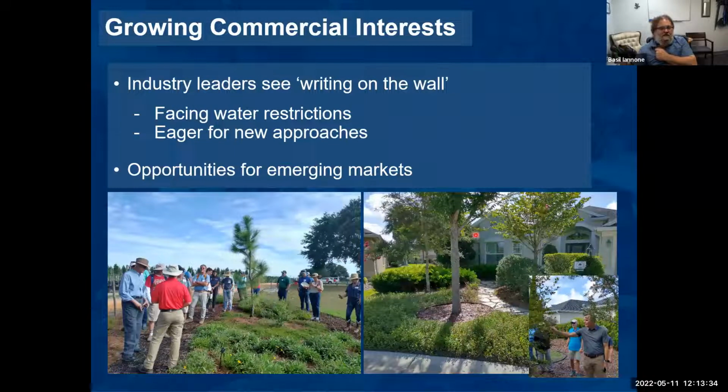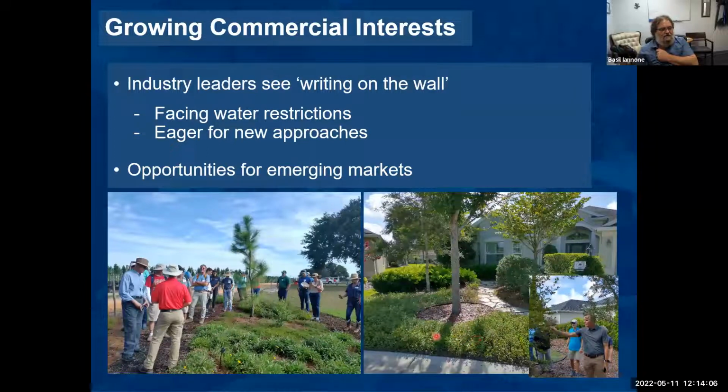And what you're seeing here in this bottom left picture is the Outside CoLab. It's a gathering of leaders in green industry and land developers and landscape designers coming together to talk about sustainable landscaping in the future, led by Cherry Lake, a big plant producer in north central Florida. This is Brian Kanan. He's an urban planner, and we're all looking at a designed landscape that is an irrigation-free native landscape. Over here on the right is the Villages.